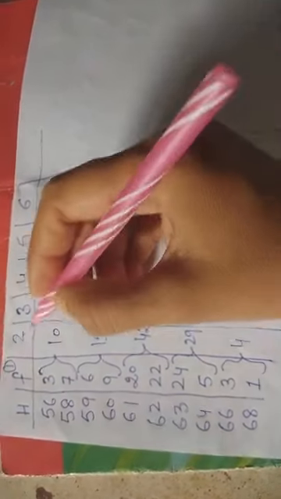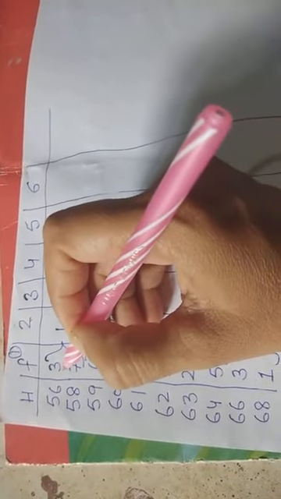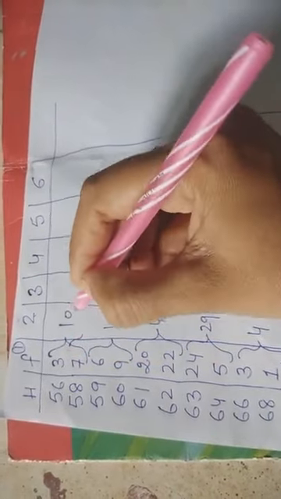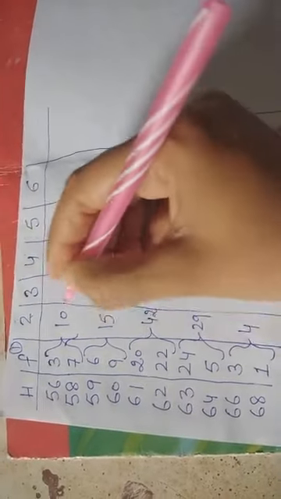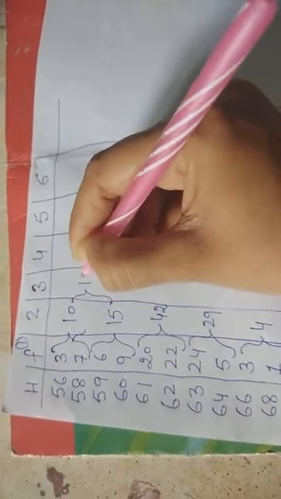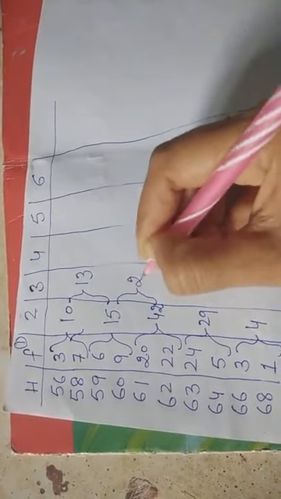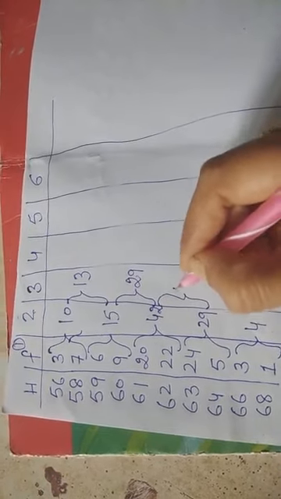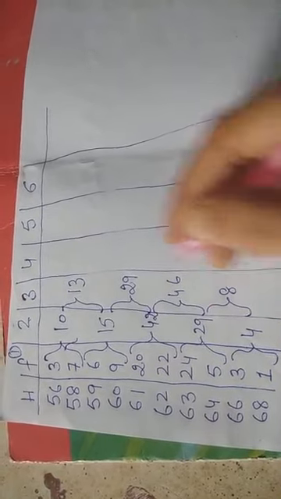At the next process, the third column, we will ignore the very first frequency and again regroup in groups of 2. So I will ignore 3 and I will consider 7 and 6, 13, 9 and 29, 20, 29, 22 and 24, 46, 5 and 3, 8. And this will be ignored. This is a single value.